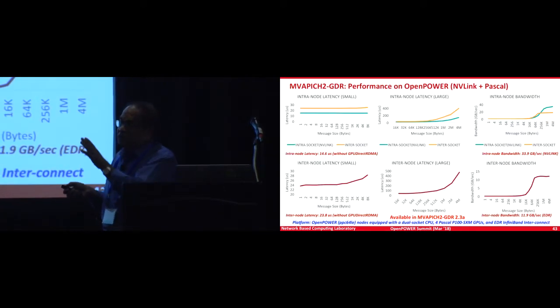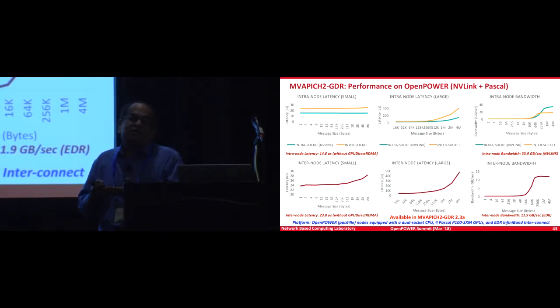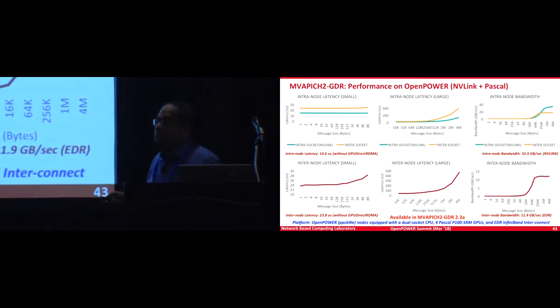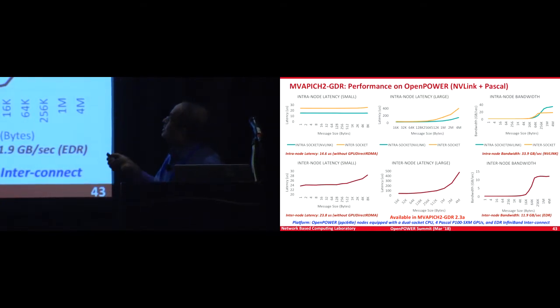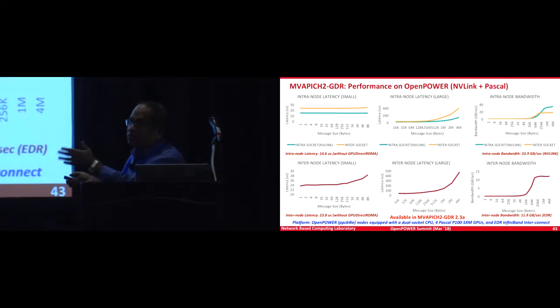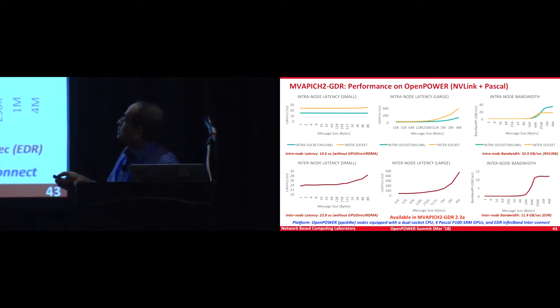Those are the numbers I showed on x86, but now you must have seen that OpenPOWER is being used in the 2 larger systems which are coming out, the CORAL systems in the US Department of Energy. These are the Sierra systems. So, these numbers are taken from similar kinds of systems. Of course, this is Power 8, and Power 9 is just being deployed in the actual Sierra systems. They do not have GPUDirect RDMA, so that is why the latency is higher. Once Power 9 has GPUDirect RDMA, you will see the performance that I showed earlier.